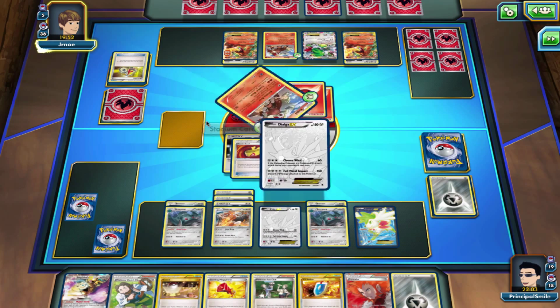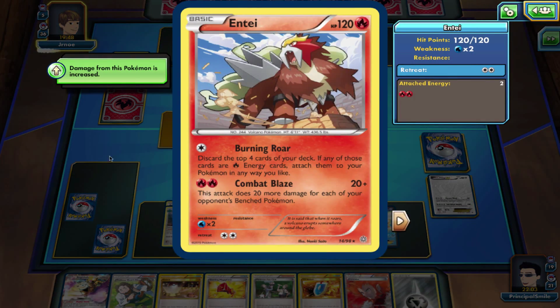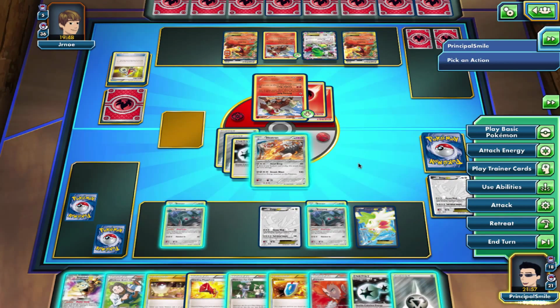But yeah, it goes Common Blaze. Okay, that did a lot of damage. That does 20 more damage for each of your opponent's bench Pokemon. No wonder why. Man, this NT is pretty nice. Well, we're just going to Heatran, and